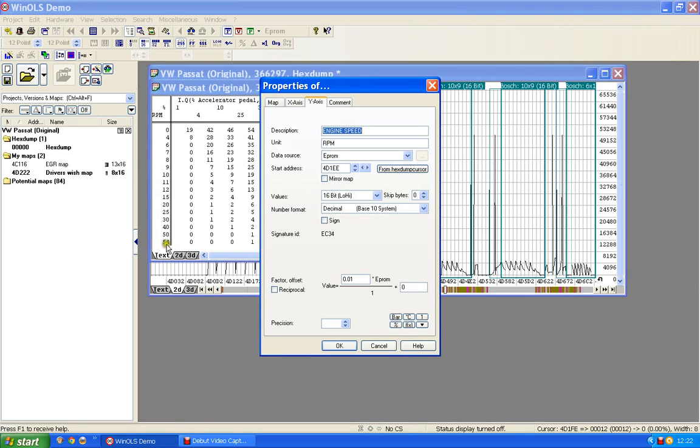Well, we had up to 54 last time and we believed it was engine speed in revs per minute. The bit we didn't believe was the factor offset. We changed it to 1, so I'm going to do that again, and we've got quite sensible looking revs per minute there, haven't we? We've got an idle area. This is probably something to do with idle, anywhere in the region of 1,000 revs per minute, and we've got